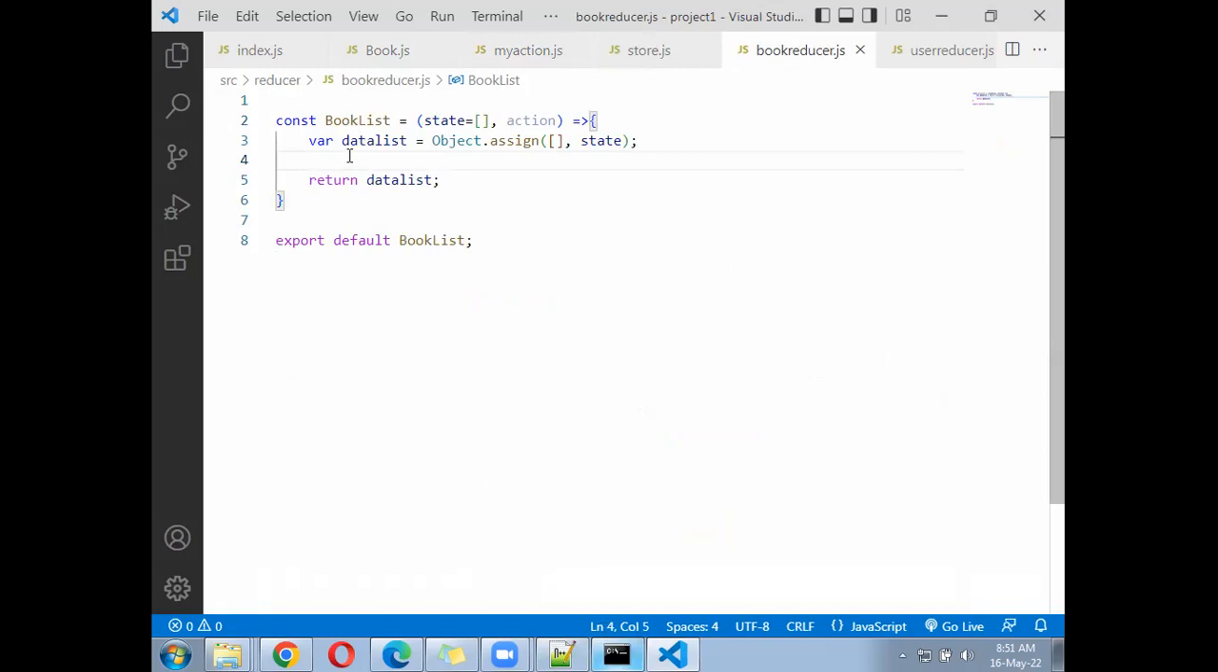Now inside the store, your reducer is sitting. Which reducer? Book reducer. Inside the book reducer, the input is going to come under the action. Now the action will be like an object. It will have two values, one is called type, another one is called name. So we can go here and write one line,